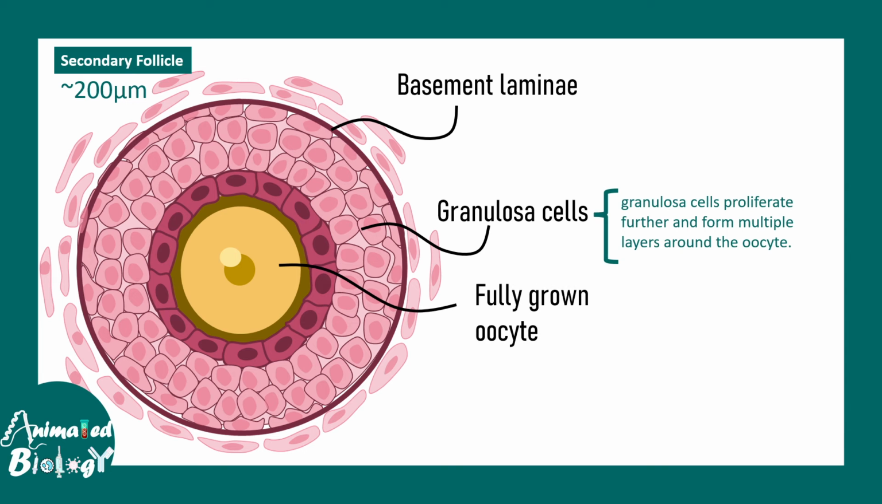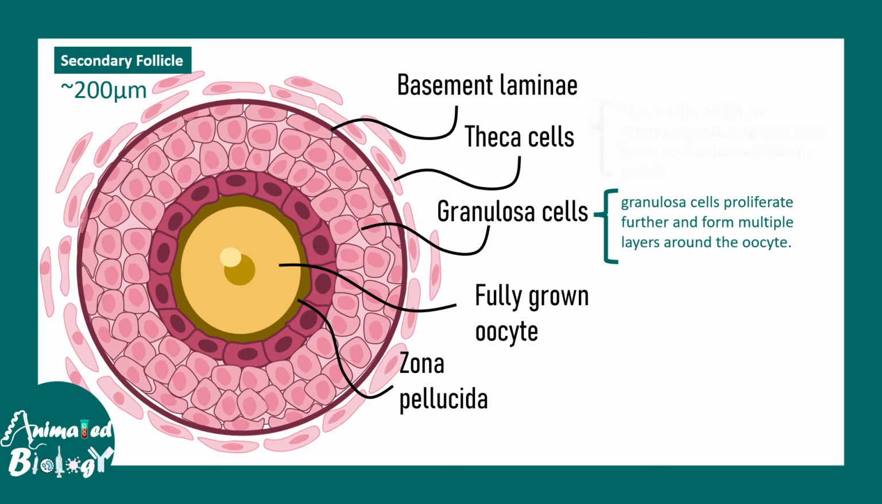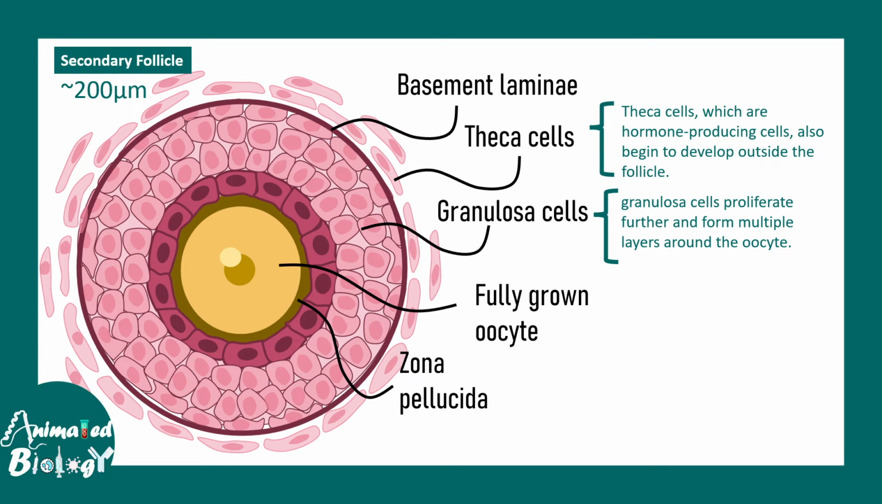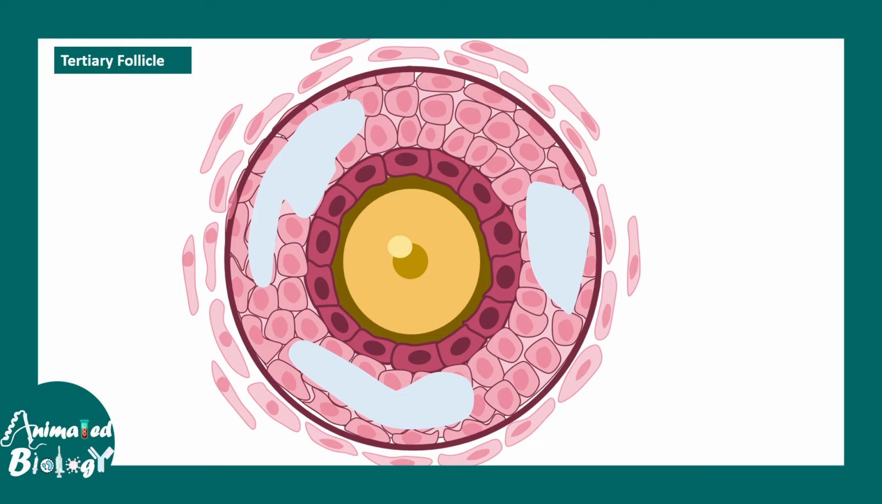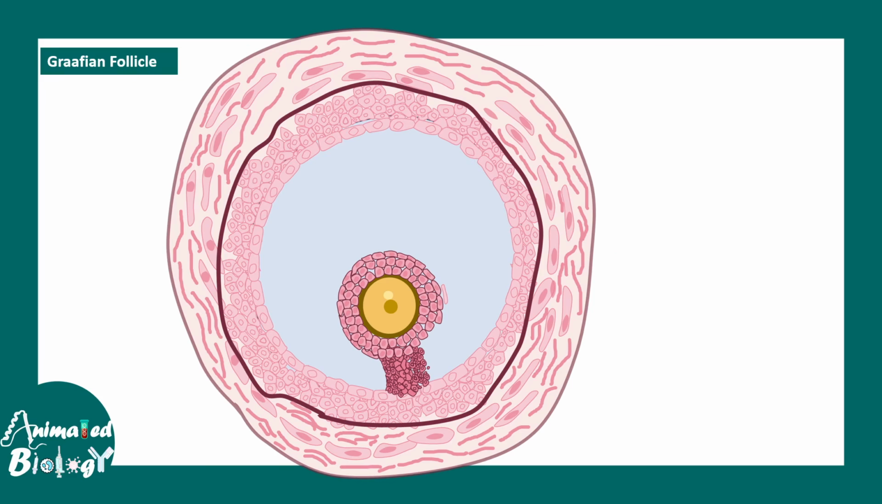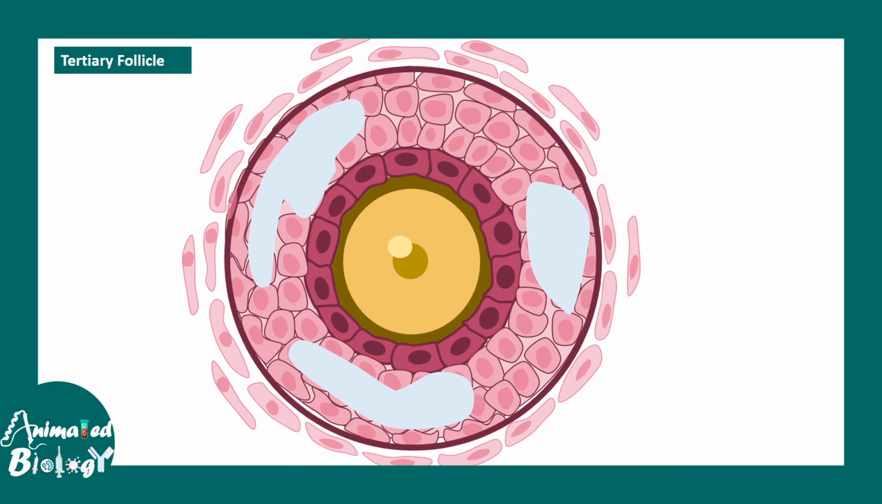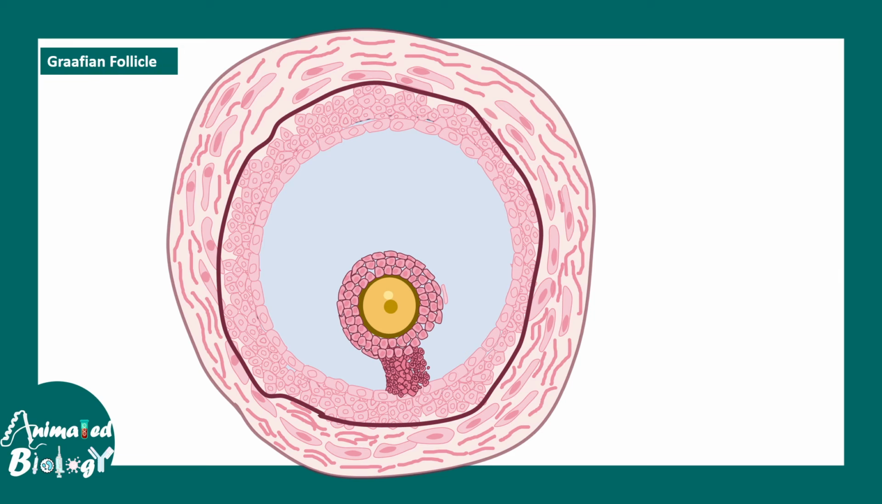Here are the granulosa cells, here are the fully grown oocyte, here you can see the zona pellucida, here are the theca cells. Theca cells are hormone producing cells. In a moment it would be important why, how they are regulating the ovulation process. And this is a tertiary follicle where you can see several different fluid filled cavities has formed, marked in blue,